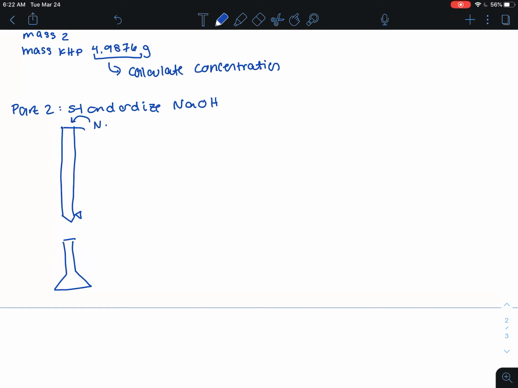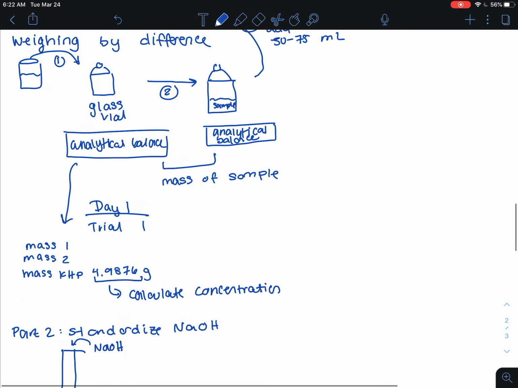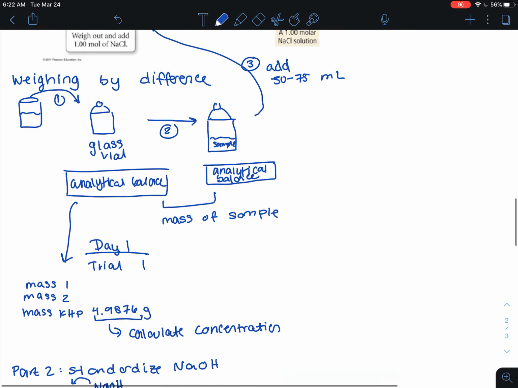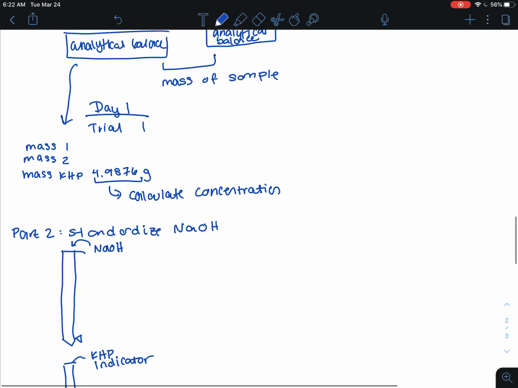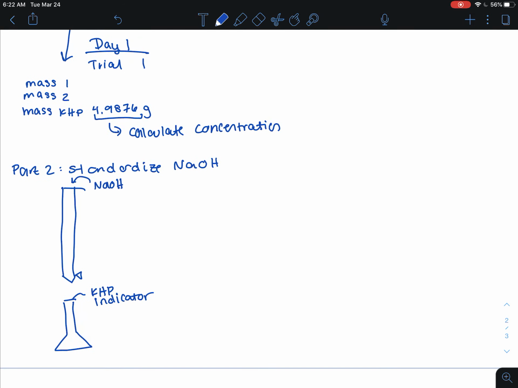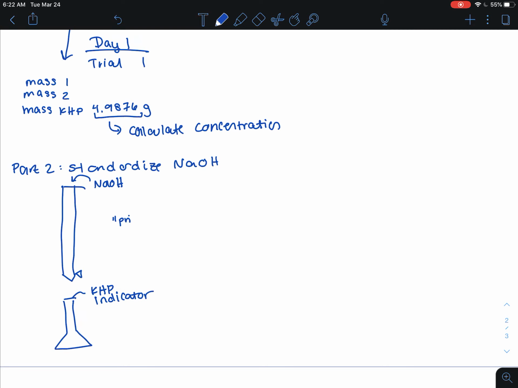So you have your burette, and then you will have KHP on the bottom. Now, we already slightly talked about this. You'll add NaOH into your burette, and you'll add KHP, water. Oh, you don't need to add water. That's for the third day, I mean. KHP and indicator. The reason we don't have to add water is because you already have water in your volumetric flask. So from your 250 mLs up here, you take out 25 mLs 3 times